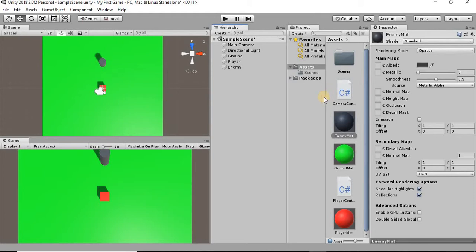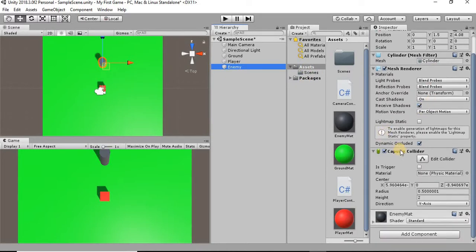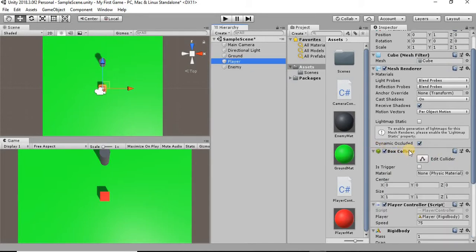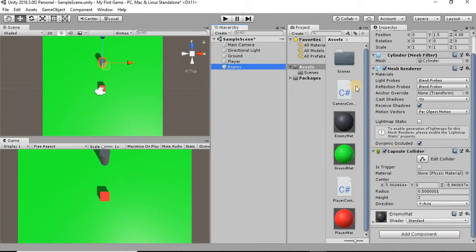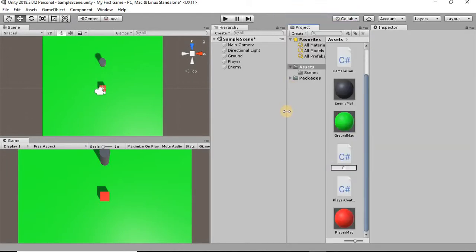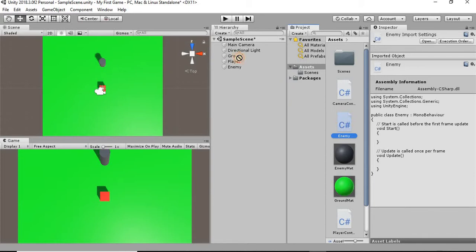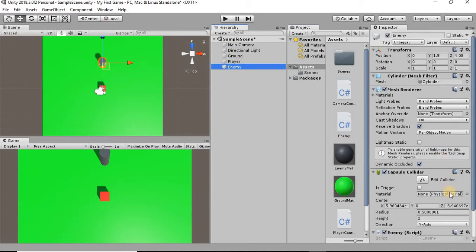So now, if we highlight our enemy in the hierarchy, come down to this capsule collider. Every 3D object basically has some sort of a collider, and what this does is it detects when something collides with the object. So I'm going to create a new C# script. We're going to call this enemy. If we wait for it to compile, we can attach the script to our enemy here